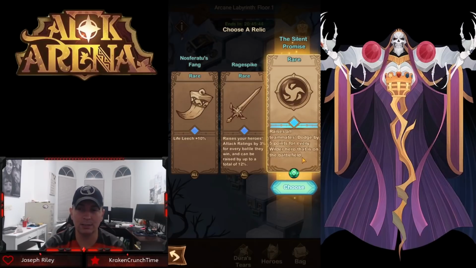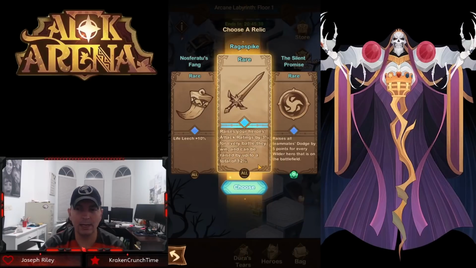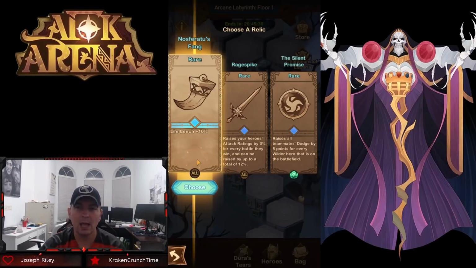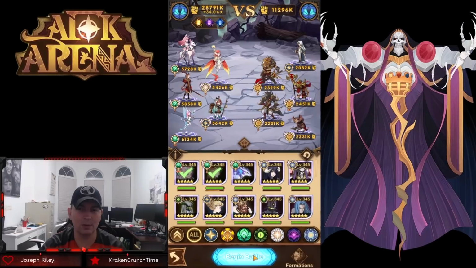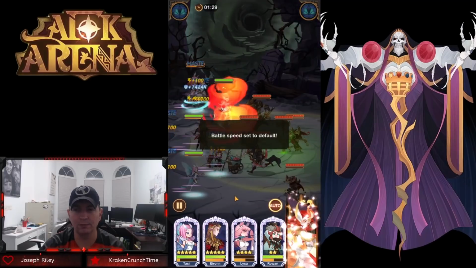You cannot dodge magic attack, so even having higher dodge is not going to make a big difference. Attack rating, definitely good. This will raise it up to 12% as you go through battles. So the Rage Spike is a very, very good artifact, but so is Nosferatu's Fang. Life Leech plus 10%. This gives them 10% life leech, meaning that every time they're doing damage, which I'll show you right here in a moment, every time you're doing damage, even if these heroes don't have life leech,